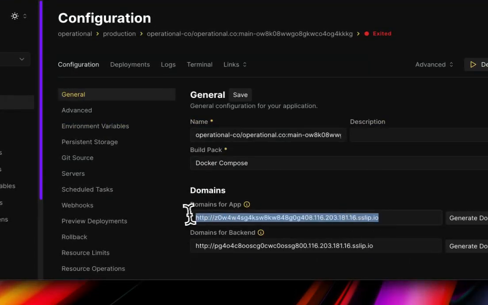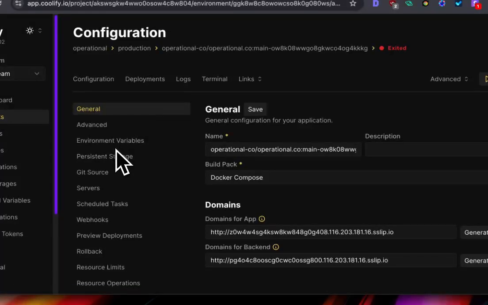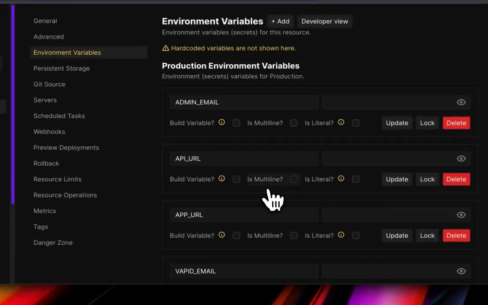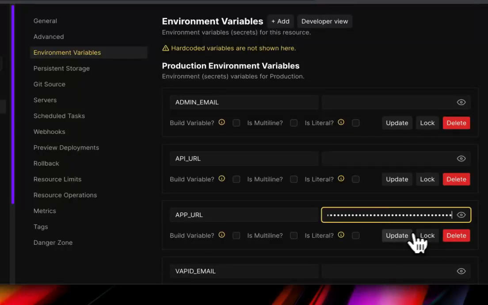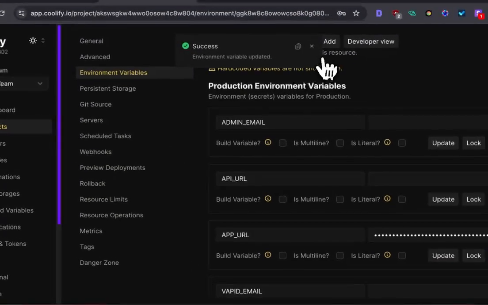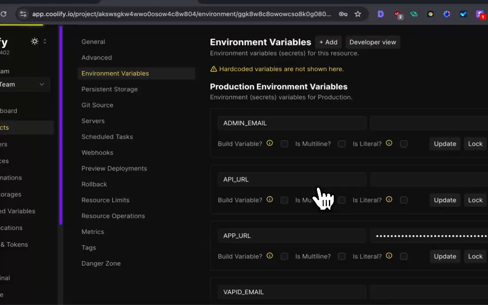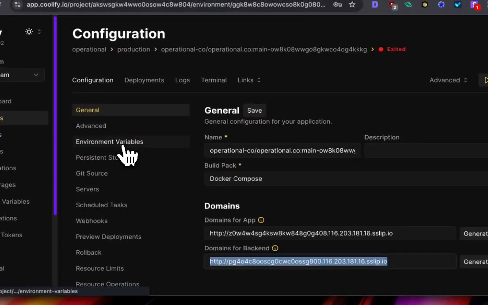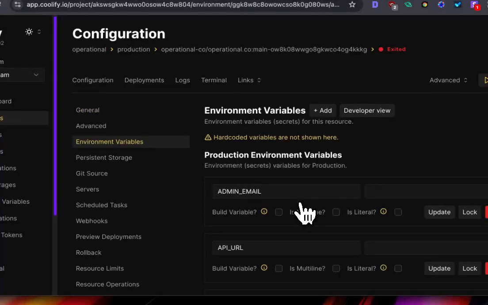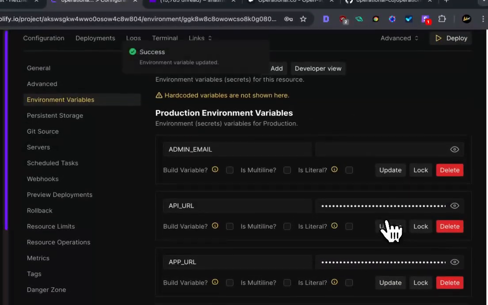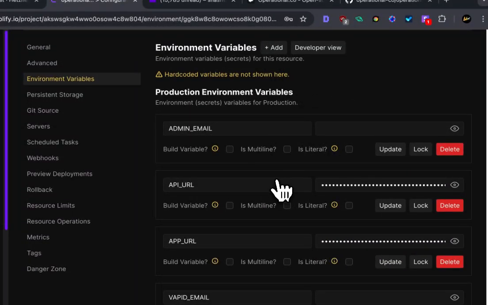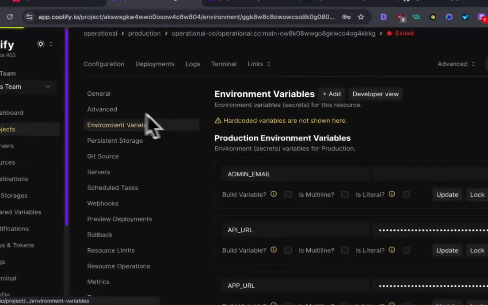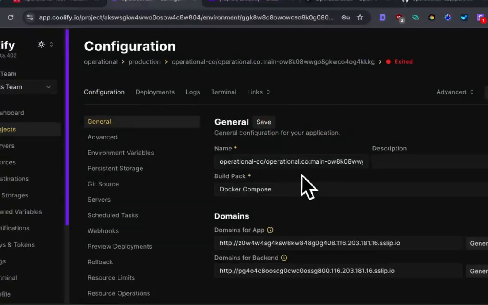It's going to give us this app URL. We're going to again put that in here, env vars. App URL will go here, update. Oh, and I totally forgot, but we also need the backend again, and this will be for the API URL. Yep. Okay, sweet. I think it looks good. Everything is looking good. We're going to go back to general,